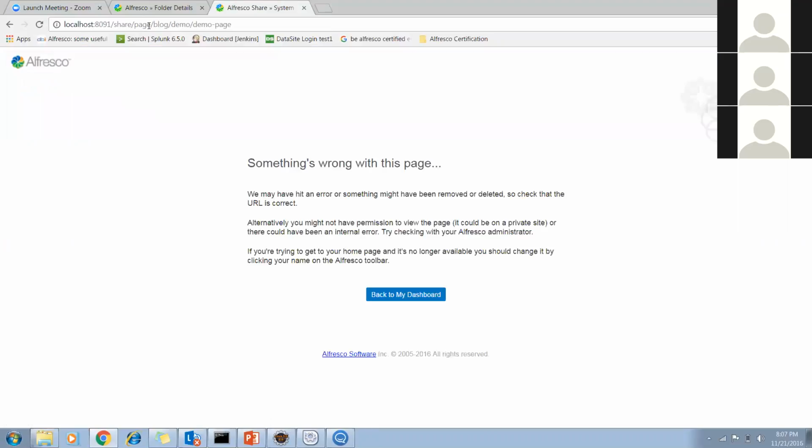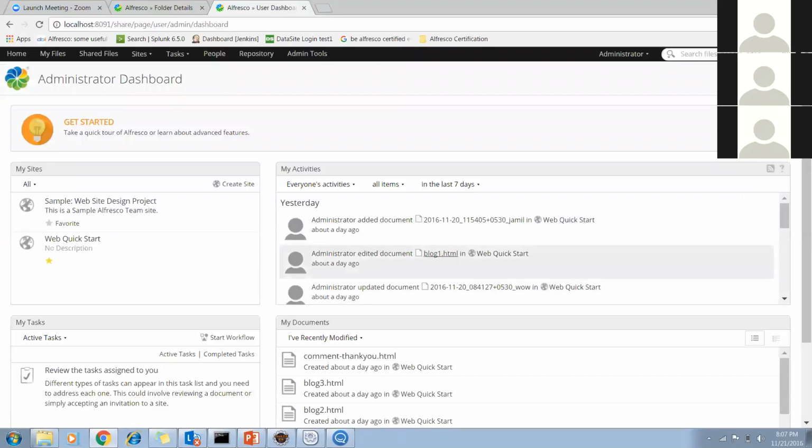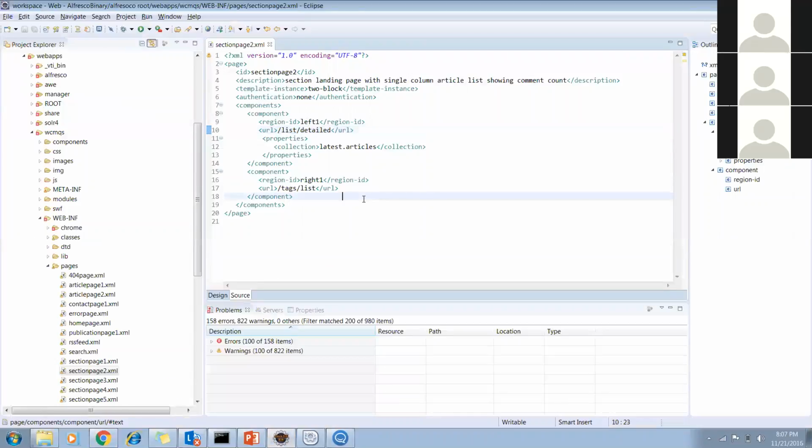Here it is showing the wrong page. Back to my dashboard. Let's create it now. I think I am missing something here.